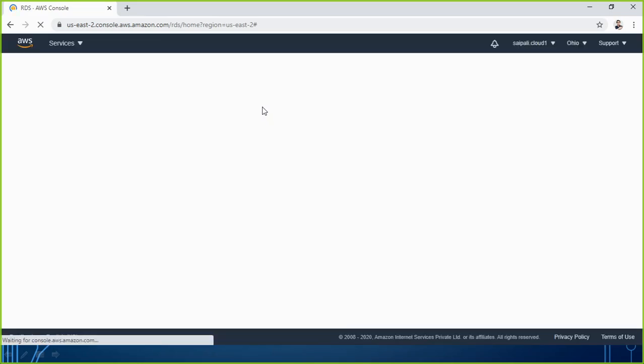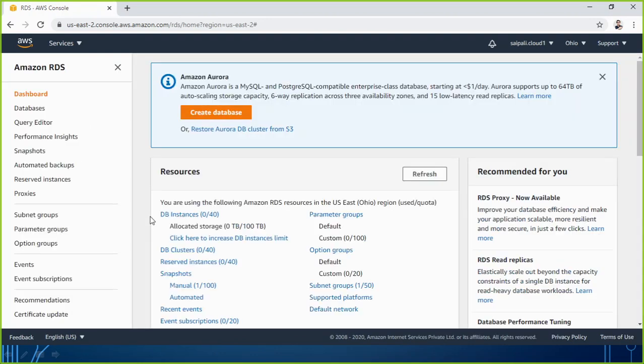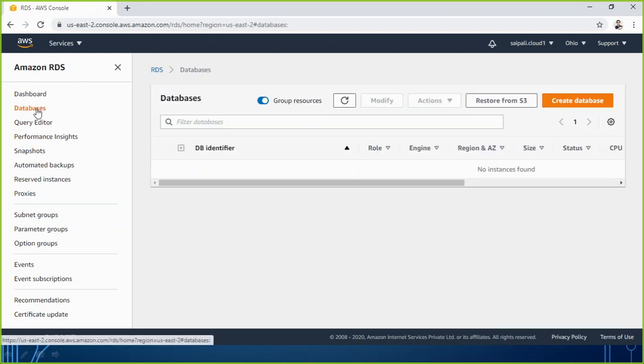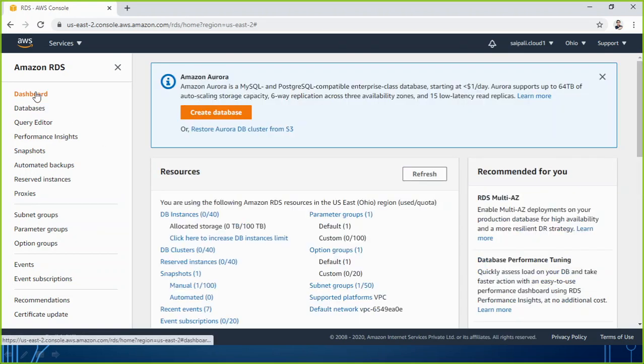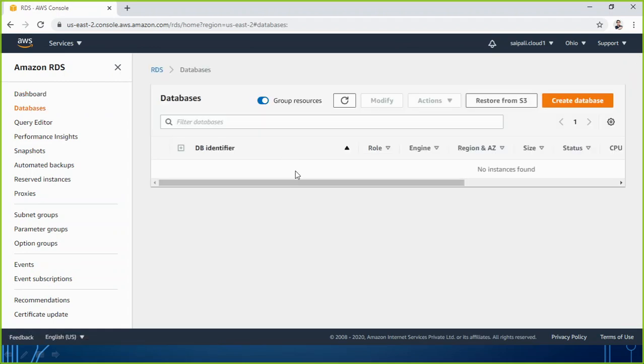Once we reach here, it gives me a kind of dashboard, which shows me how many database instances we have, how many parameter groups, option groups, and DB clusters we have. All the lists are here. So let's go to databases, and we see right now there is no database. So we are going to create a database. You can create one also from the dashboard. Here is the option of create database, or you can go to databases, because there it will also show you if there is any existing database. So we are going to follow the first process, that is creating a database. So click on create database.